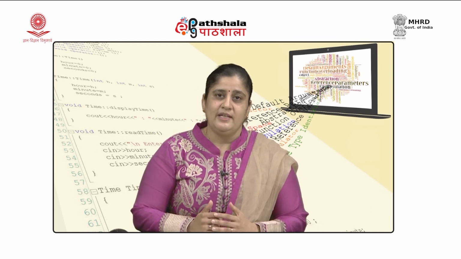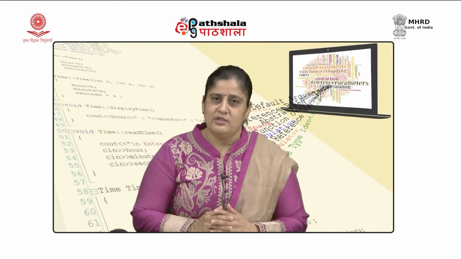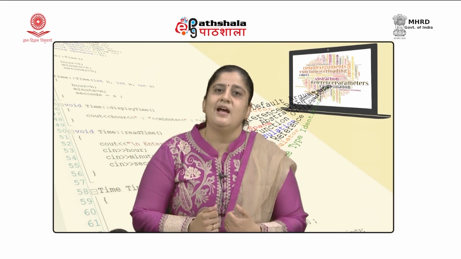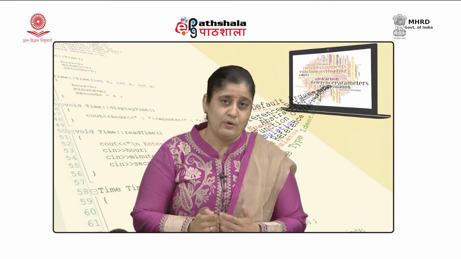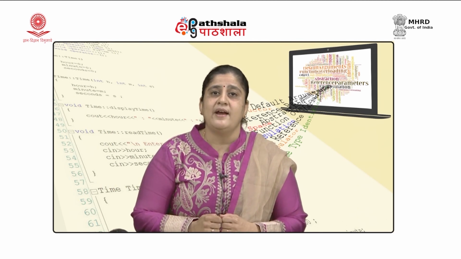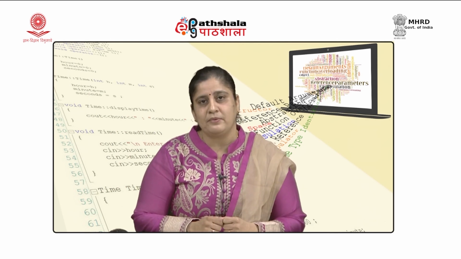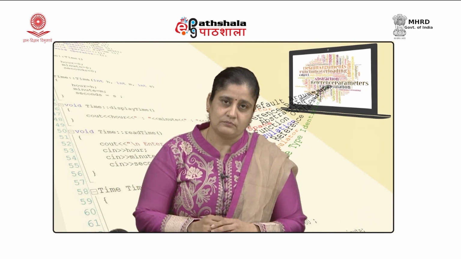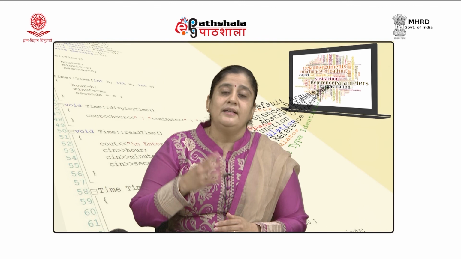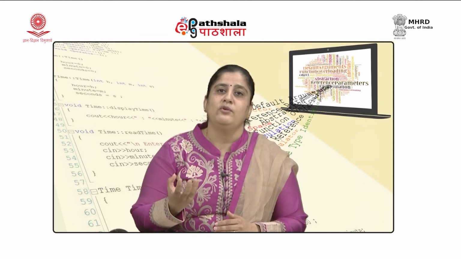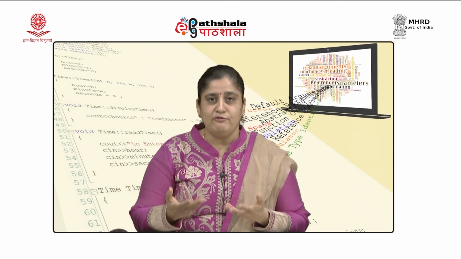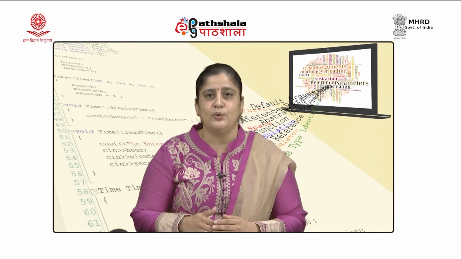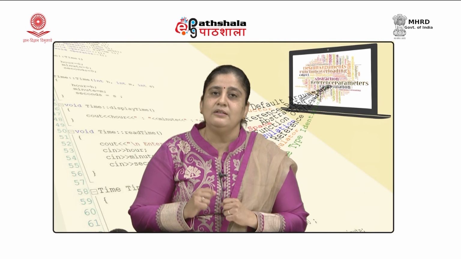So, we would see that most of the programming languages now allow us to create our own data type. So, we would try to see how to create our own data types in C++. But before we see how to create a data type on our own, first of all we need to understand what it means to define a data type. Well, if we want to define a data type, we need to define 2 things. One, what values the variable of that data type can store. So, we need to define the set of values, it may be in the form of a range also, that the variable of that data type can store.